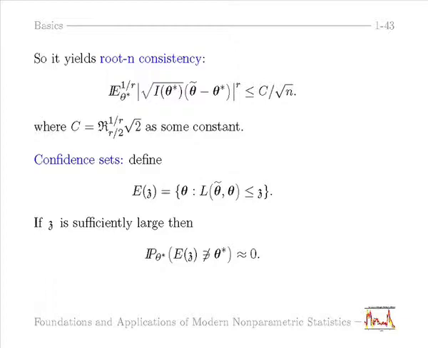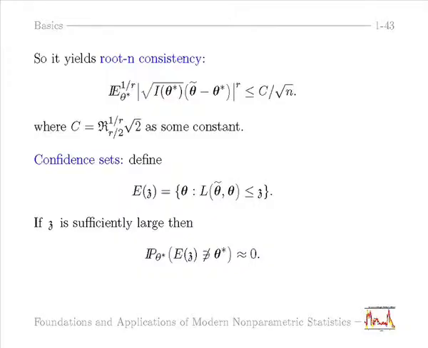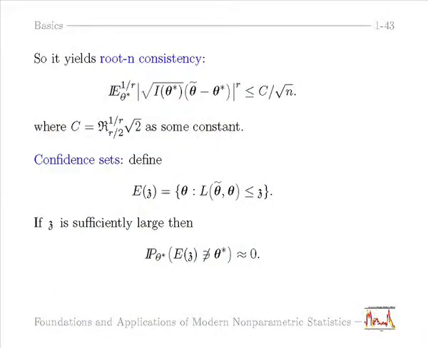So what do we know about this fitted likelihood? If theta star is the true value, this quantity should be bounded. Therefore we can define the set of points for which it is bounded. Theta tilde is now fixed, and we consider all theta such that this inequality holds with a fixed bound z. The previous result implies that the true value theta star belongs to this set with high probability, because